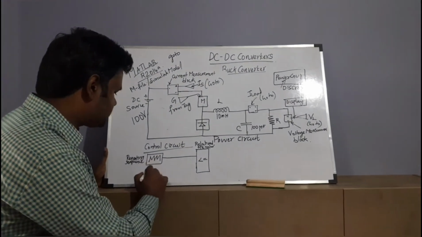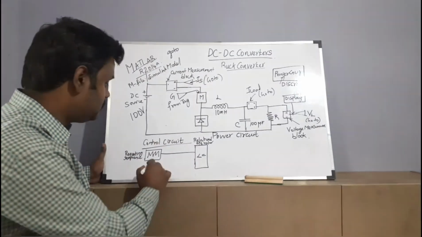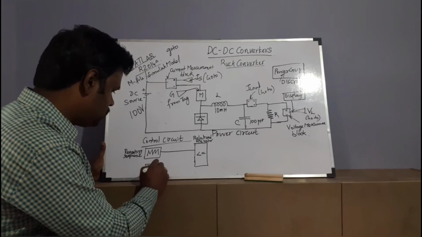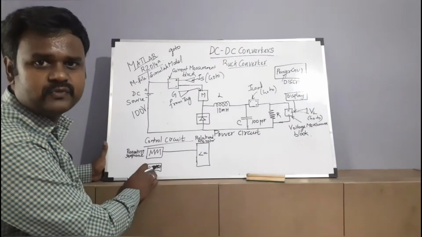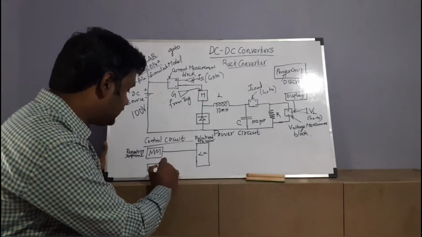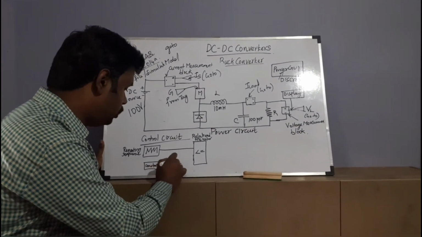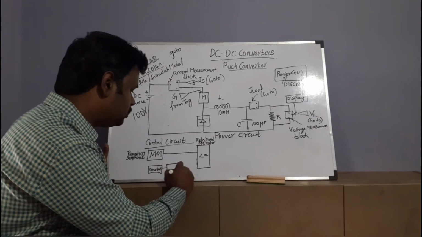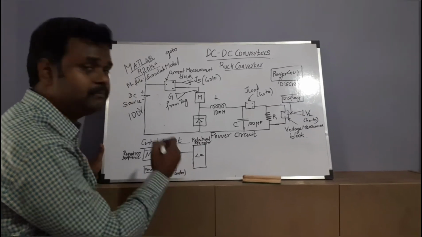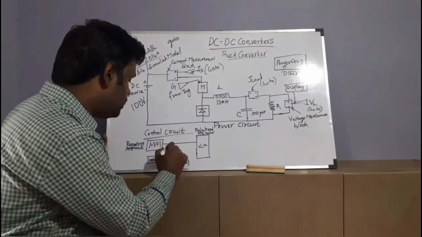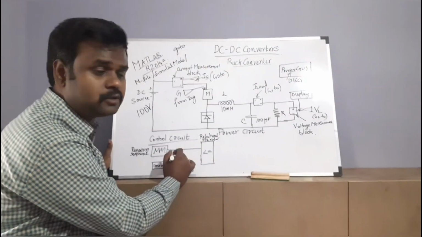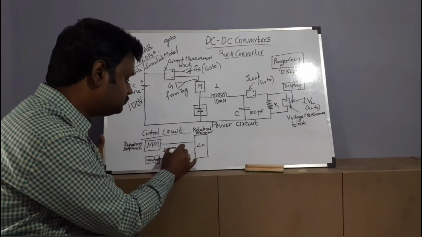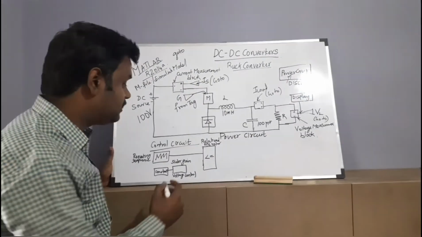Next part, what is that? We need a constant, as I mentioned earlier. So I am going to use a constant with the value 1. This is also available in your library, you can search for constant. Next, I need another important component, called voltage control. The voltage control block will be available in your MATLAB library, but the name will be different. It will not be called voltage control, it will be called slider gain. You have to take it from the MATLAB library, slider gain.